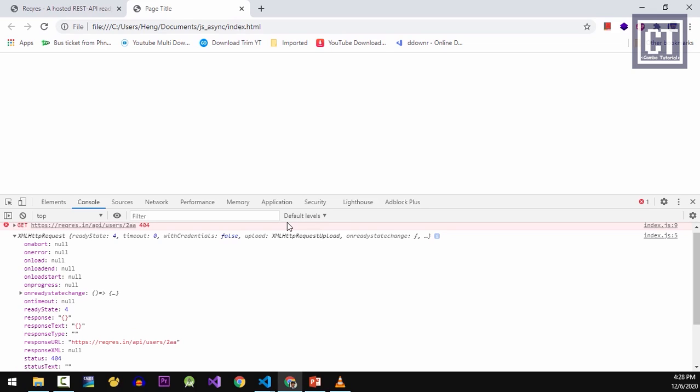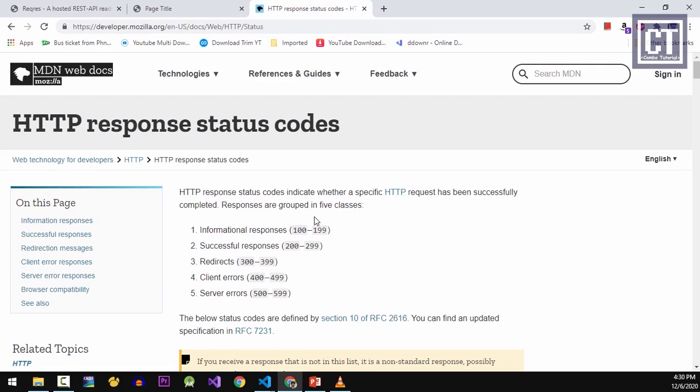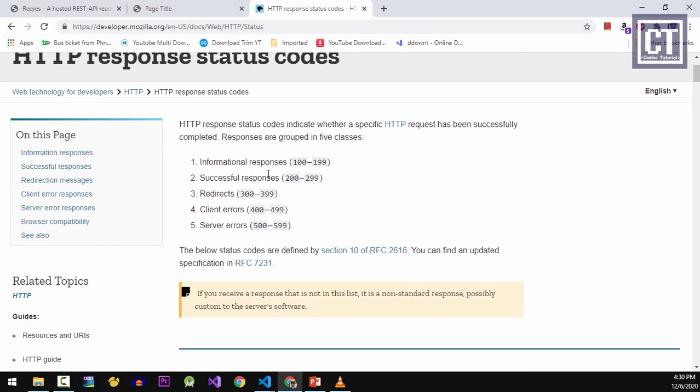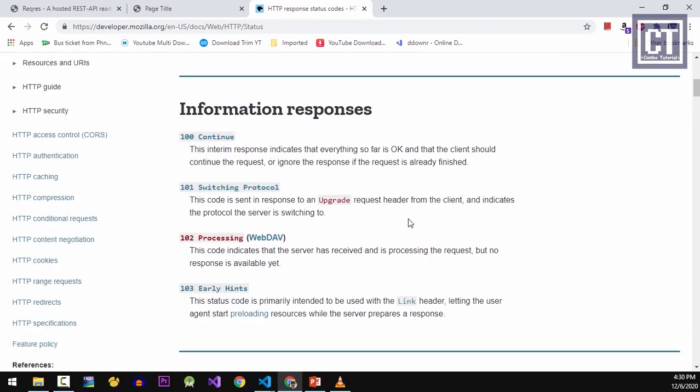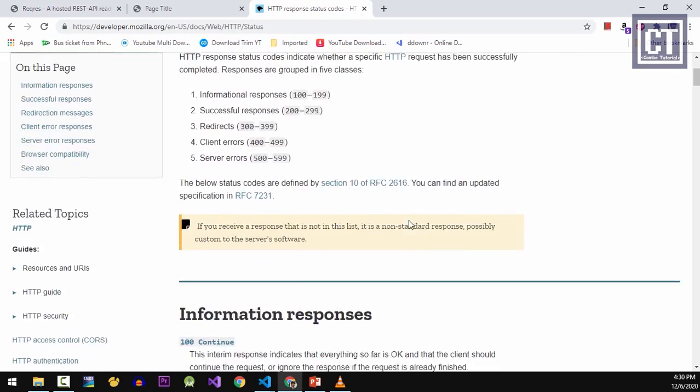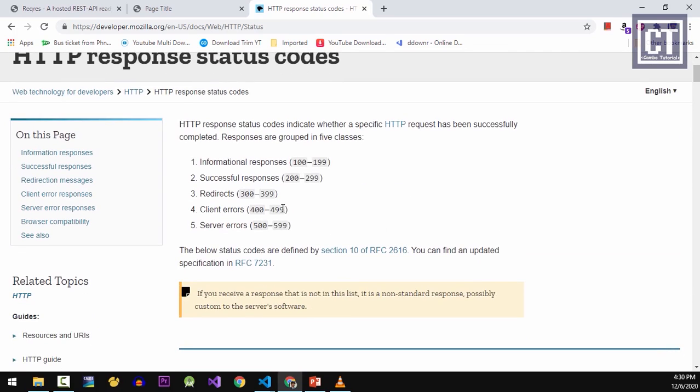And oppositely, the status 404 means there is no resource found, and we can check those status codes on the Mozilla website, which talks about the HTTP response and its different status ranges, something like this. So you can also read the details on this page. And this 404 status code can be found in our browser too when we visit a resource that doesn't